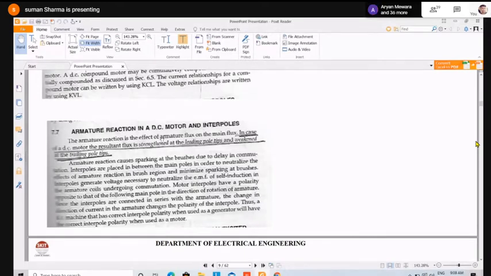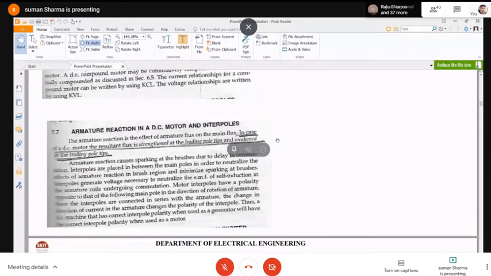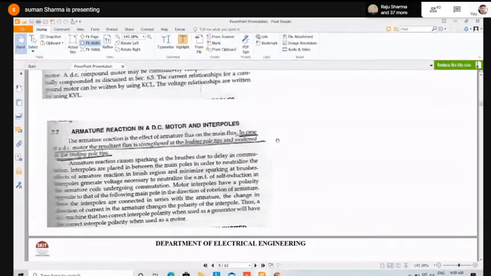In case of a DC motor, the flux can be strengthened at the leading pole tips and weakened at the trailing pole tips. That is, their magnitudes are different for the different pole tips. लीडिंग पोल टिप में तो आपका जो रिजल्टेंट फ्लक्स है वो स्ट्रॉन्ग हो रहा है, मीन्स इंक्रीज हो रहा है, एंड ट्रेलिंग पोल टिप मीन्स बैकवर्ड डायरेक्शन में जब आप जाएंगे तो वो वीक हो रहा है. ठीक है, इट्स मैग्नीट्यूड इज रिड्यूसिंग. सो अनबैलेंस हो गया फ्लक्स, फ्लक्स इज नॉट बैलेंस्ड, सो इट कॉजेज द स्पार्किंग एट द ब्रशेस एंड डिलेड कम्यूटेशन.